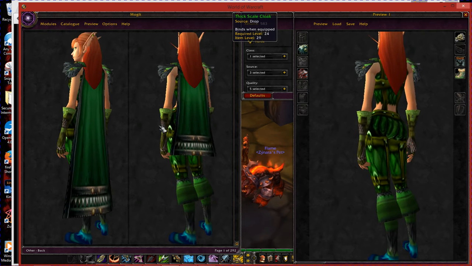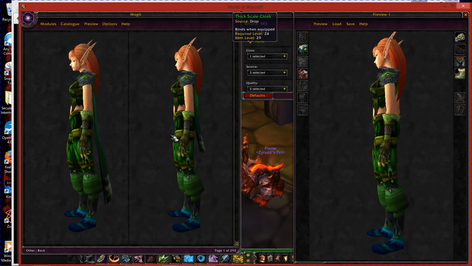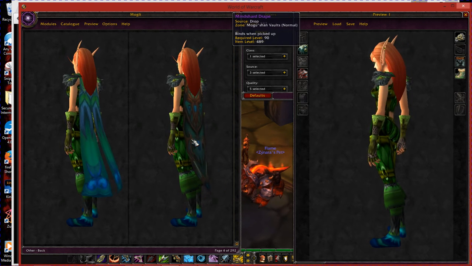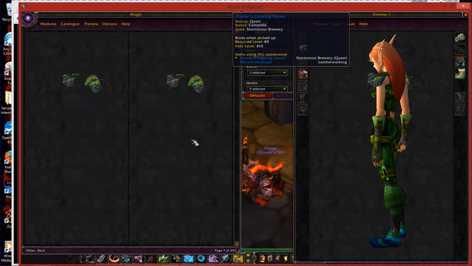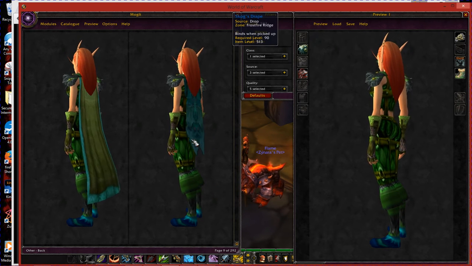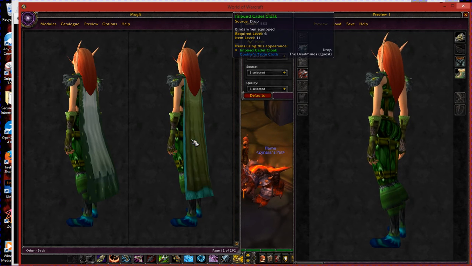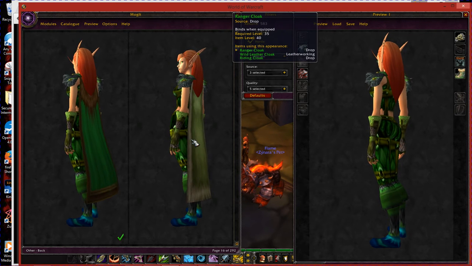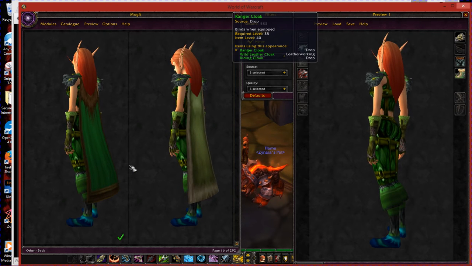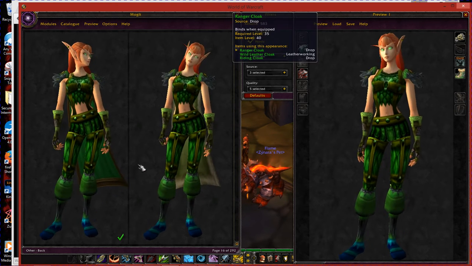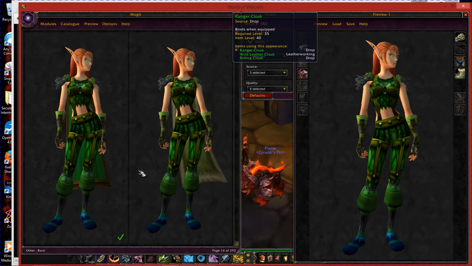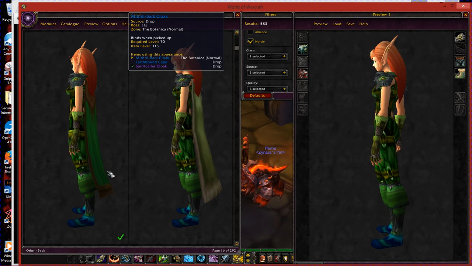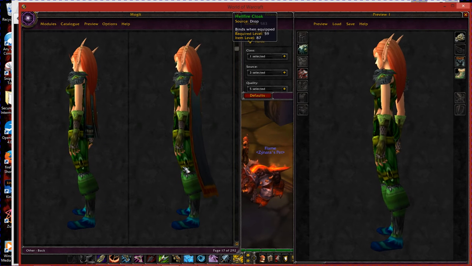Hello, hello. I like that green. But it does not have any blue in it. Let me see if I can find anything. Nope. Nope. And again, you just sit here and you scroll until you find what you're looking for. I'm guessing that the top ones were probably my best bet, although that's not bad and it's something I already have. Doesn't really go with the boots, not in my opinion. Most people would probably say it's a nice match. I already have it. I'm just going to keep looking.